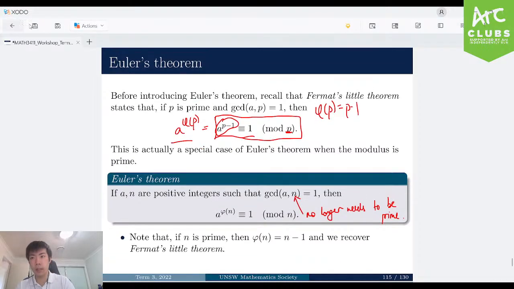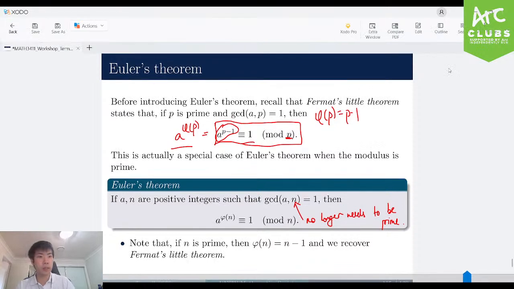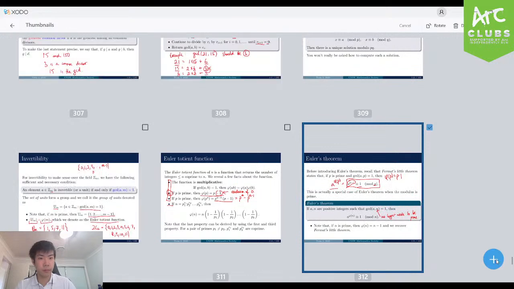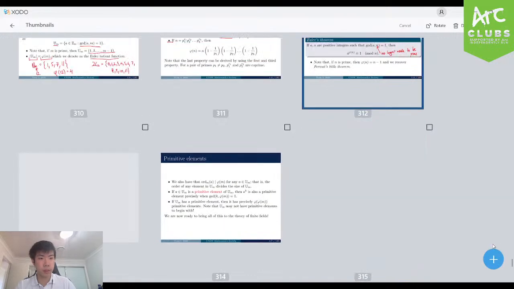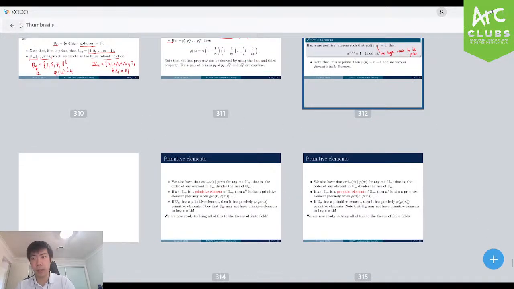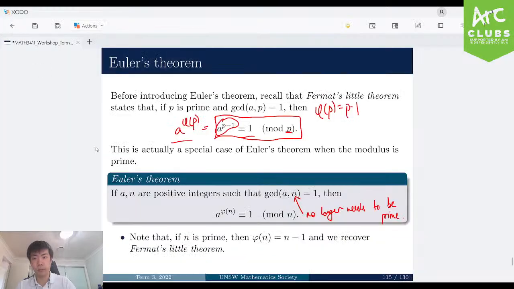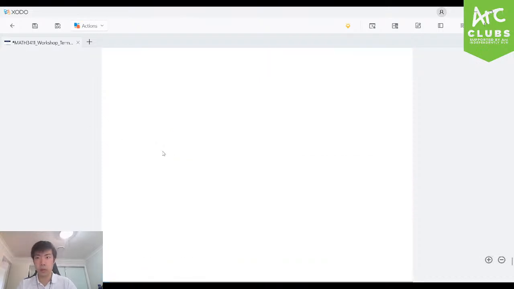So let me get rid of this. Let me edit pages. Set a page. All right, and let's go back out of here. All right, so let's have a look at an example